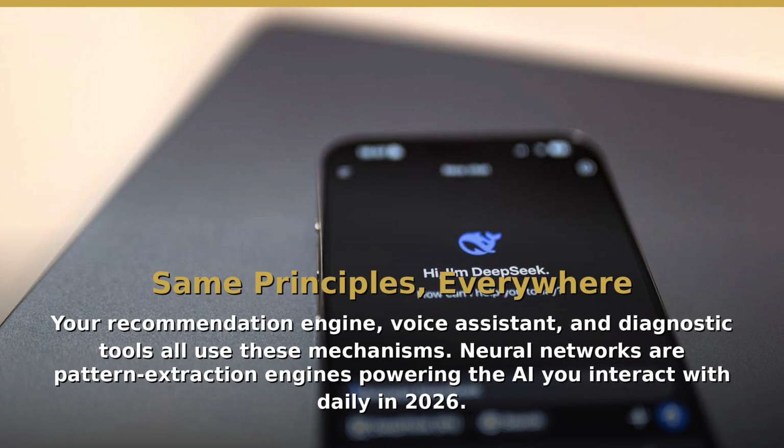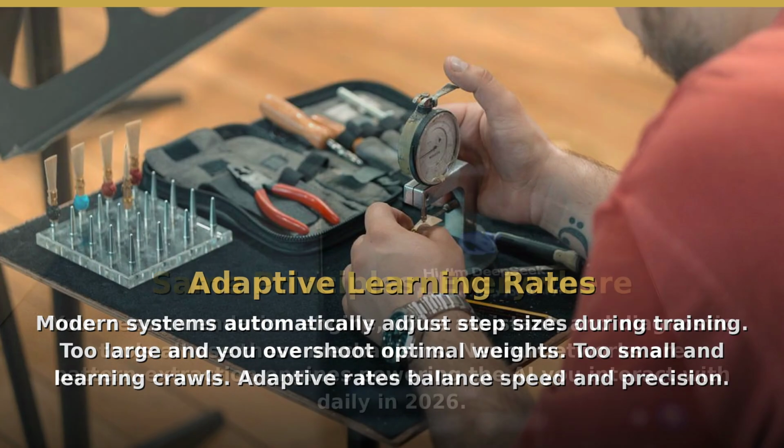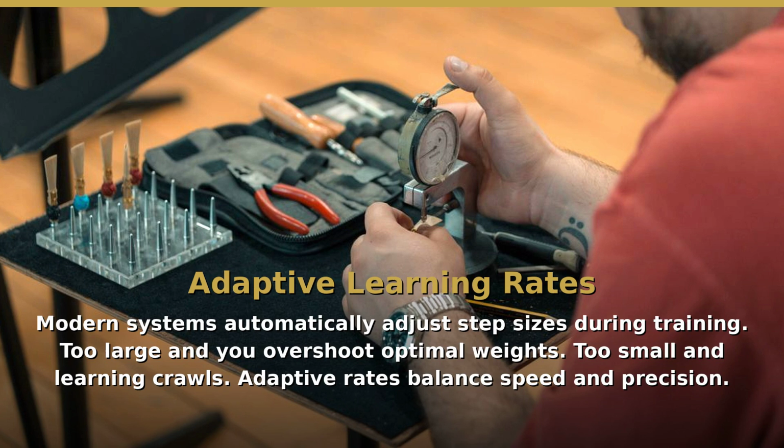Reinforcement learning adds another dimension. Networks learn patterns from trial and error, not just labeled data. AlphaGo learned winning strategies by playing millions of games against itself, adjusting weights based on wins and losses. ChatGPT's helpfulness comes partly from reinforcement learning with human feedback, where human raters score responses and the model adjusts to maximize approval. The core mechanism, adjust weights based on performance signals, remains the same, but the signal comes from outcomes rather than pre-labeled answers.